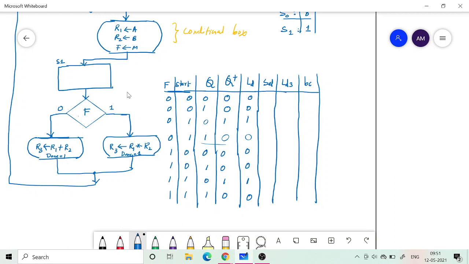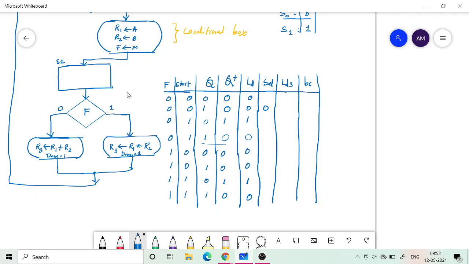Okay, so that means Q should be 1, right? When Q is 1, that is the time the select input should be decided. So when Q is 1, it should be equal to the value of F, right? If F is 0, select should be 0. Are you following?